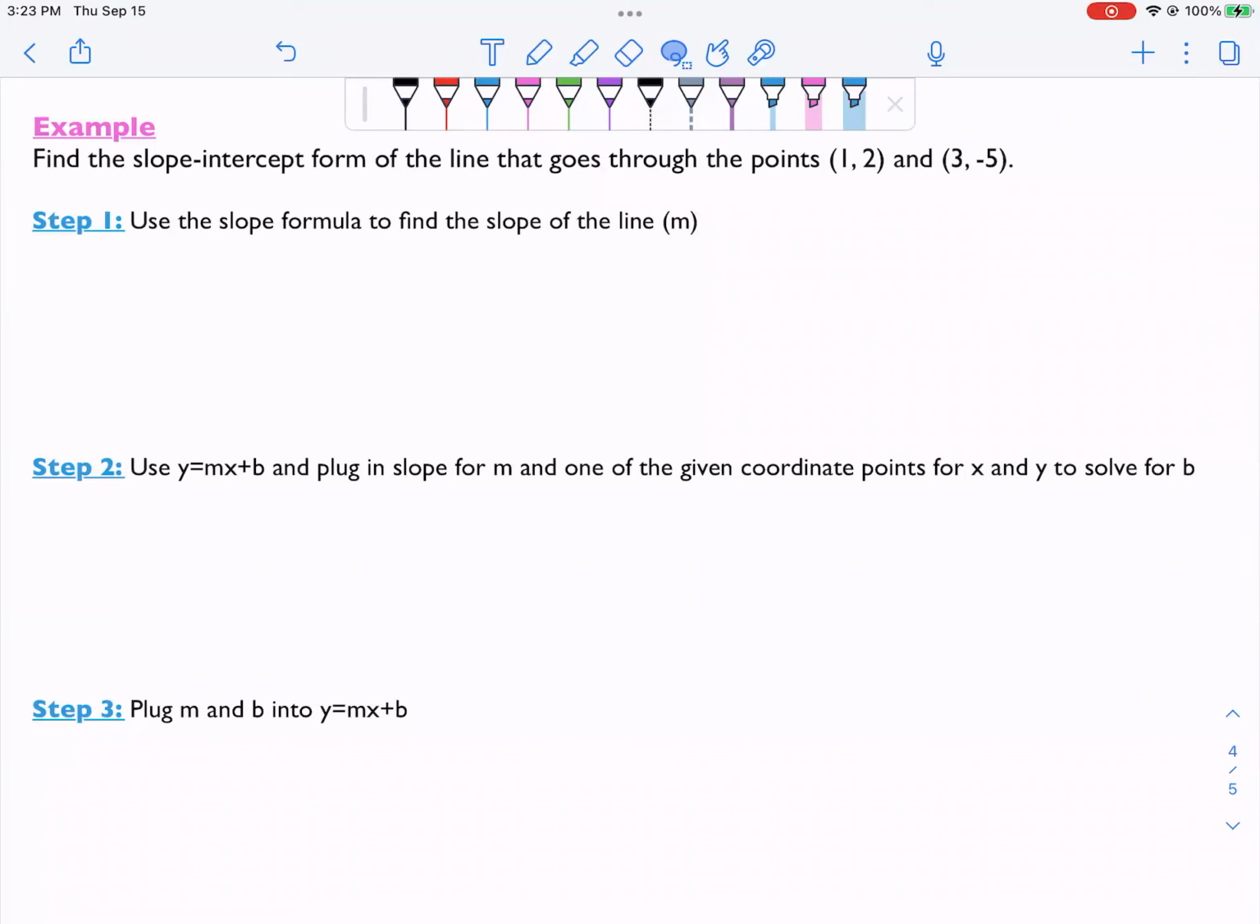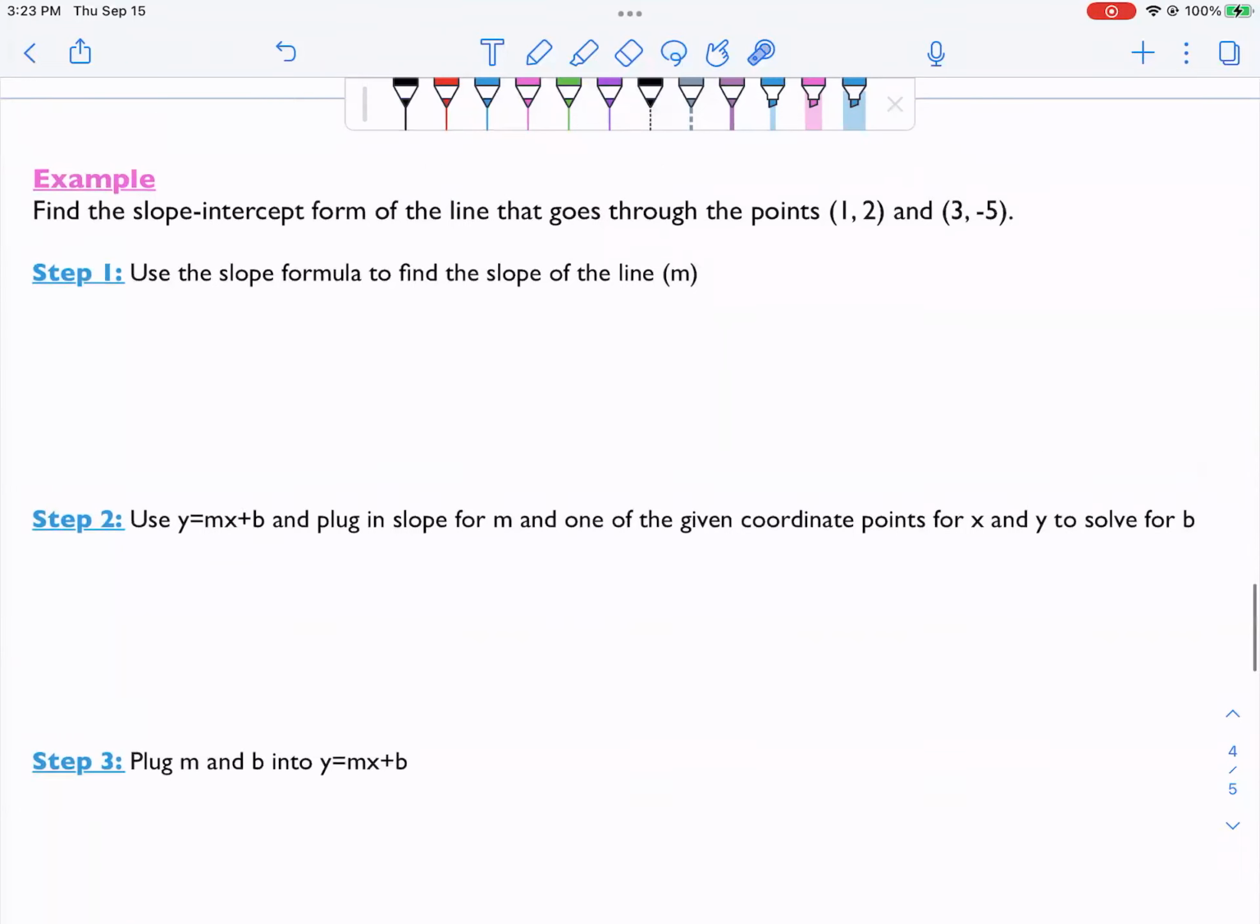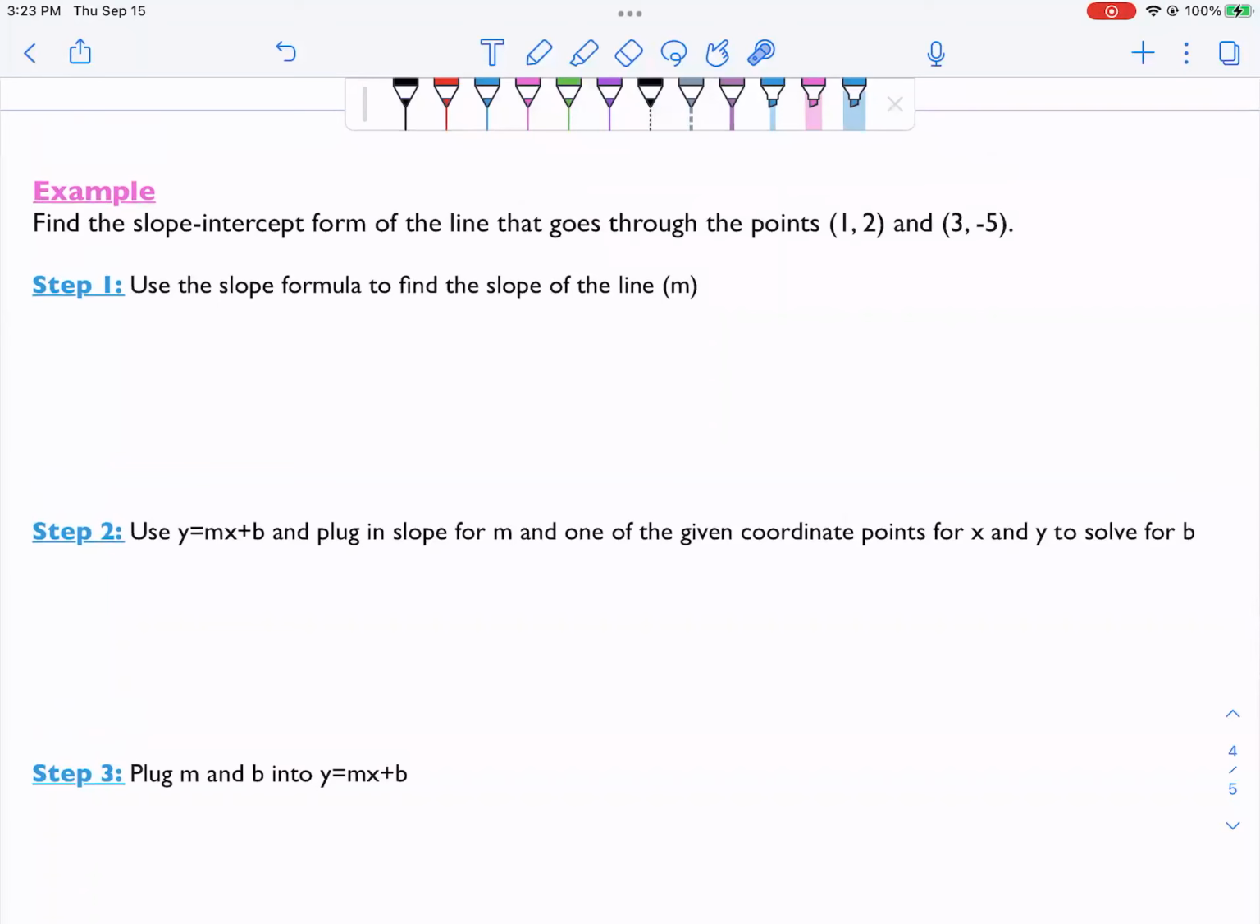All right, I was able to type that all up. So first step, we're going to use the slope formula to find the slope of the line. That will be our m value. Slope-intercept form is y equals mx plus b. So we need an m, we need a b. So our m value,